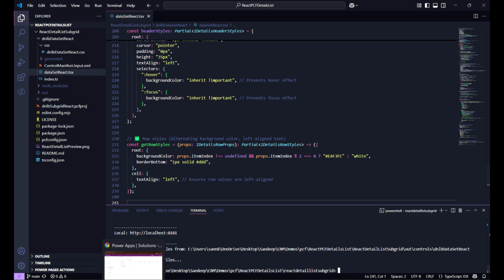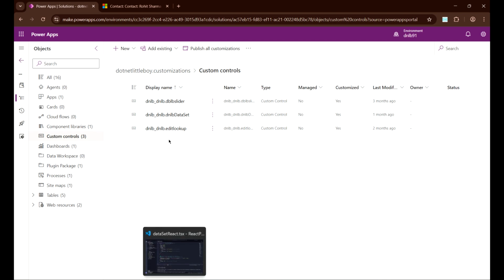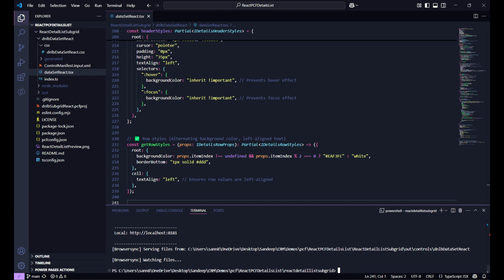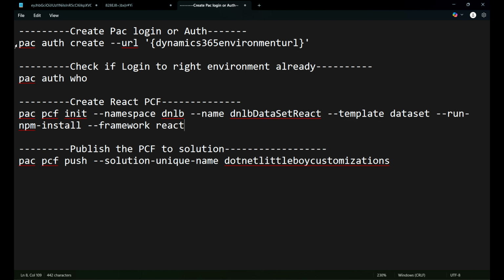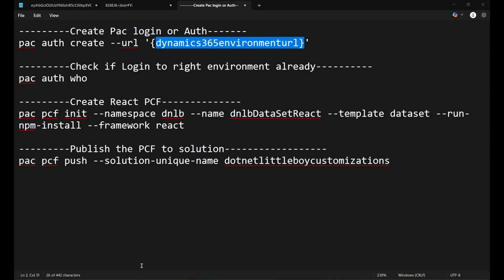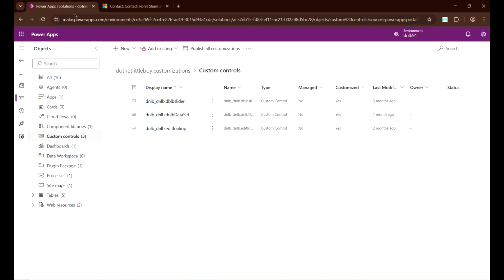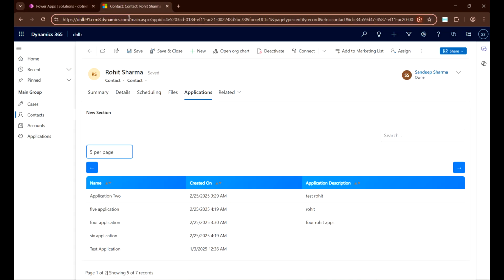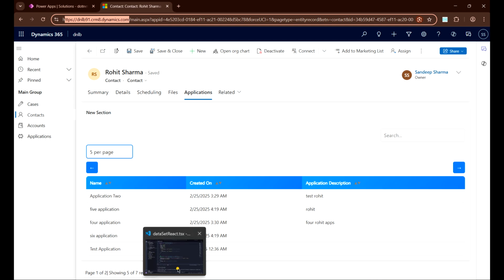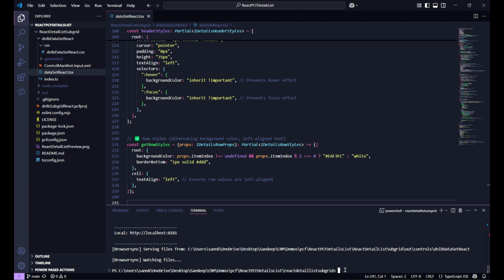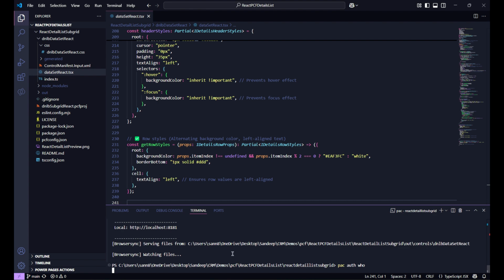Before I do that, I have to log in to Visual Studio with my credential, which I have signed in here, right? So let's check. Already logged in, but if you have not logged in, then you can use pack auth create with your Dynamics URL, which is nothing but this one, the URL till .com. Then it will log into your environment, you can sign in and it will connect. But if you have already logged in, then you can check it by pack auth who,